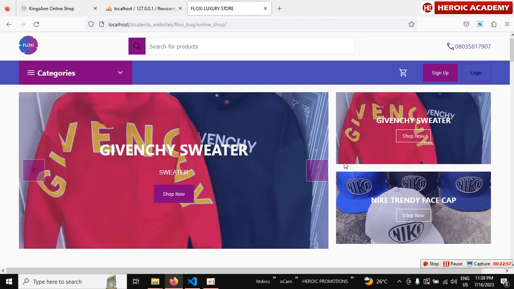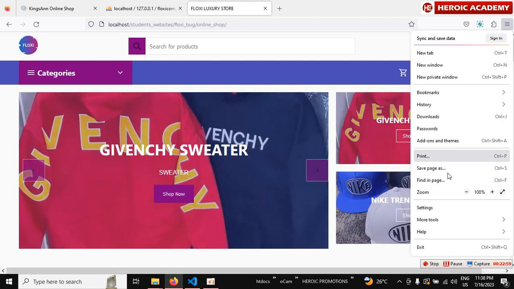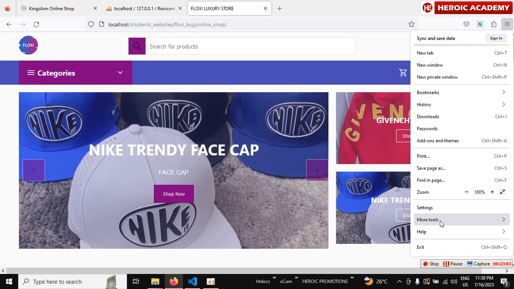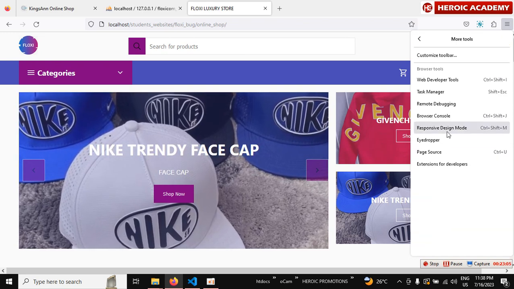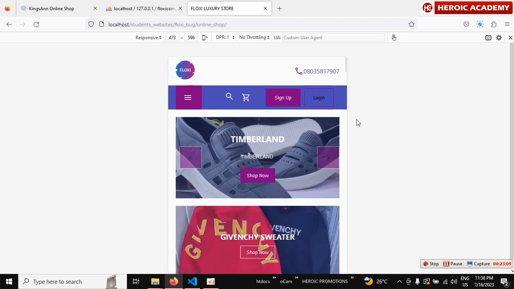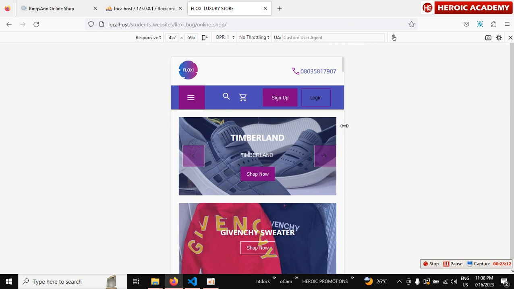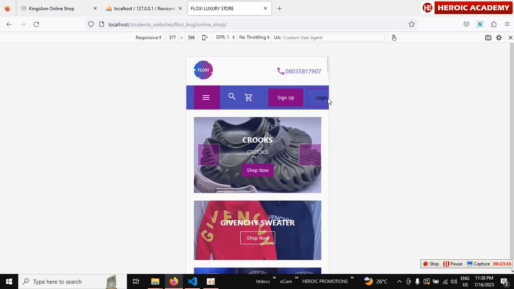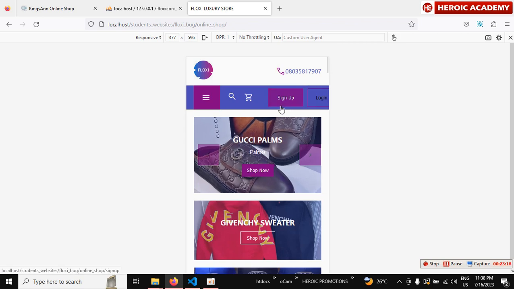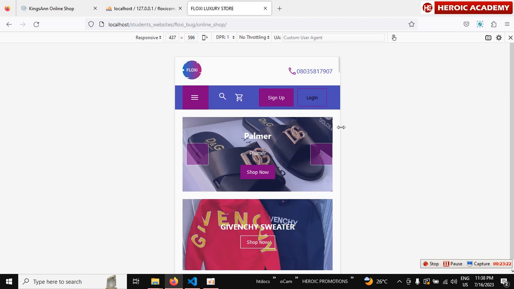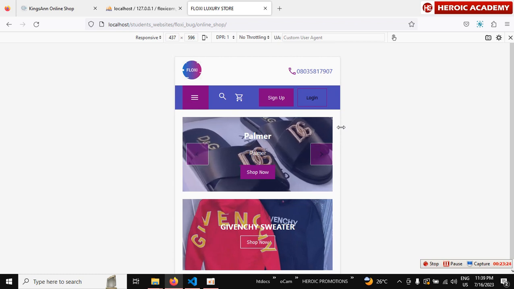One more thing I want to show you, because I want you to look at this. You need to look more at the responsiveness of your website. Your website is not completely responsive. There are things you need to do. You see these two buttons? In some smaller phones, it will move away like this. The button you see is not very visible. So when you are working on the responsiveness of your application,